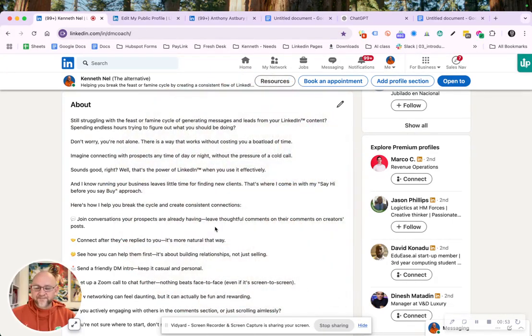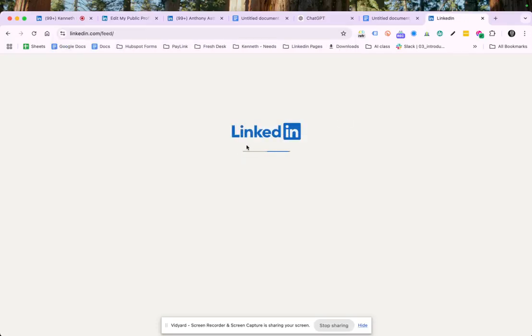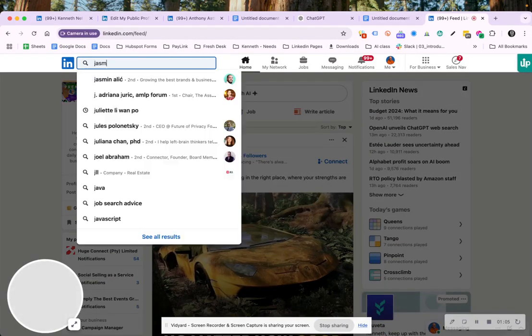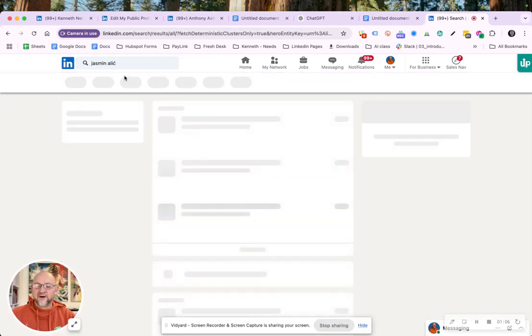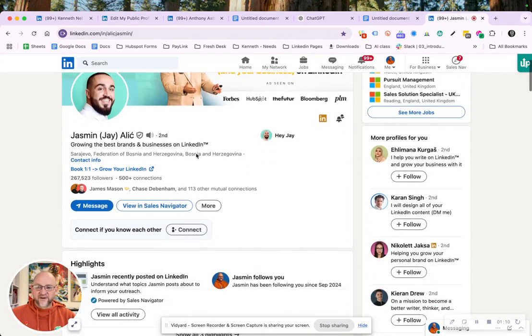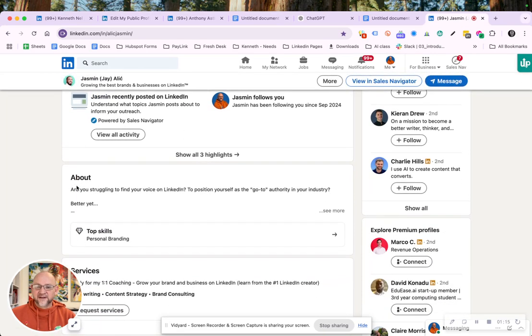So the first thing is your about section. When you look at a profile, any profile, there is a thing that will drive you into that profile. And that's the first 2 lines of their about section. So I'm on Jasmine's profile. You'll notice I keep coming back to him. If you look at his about section, he's